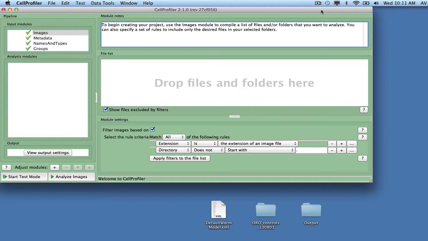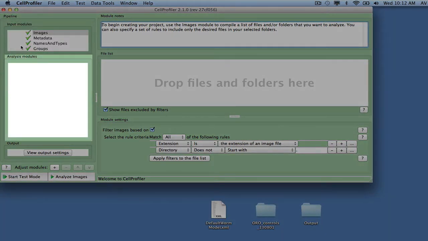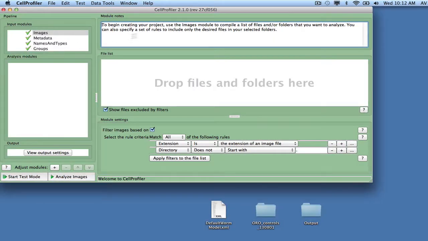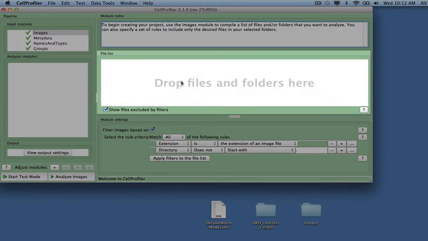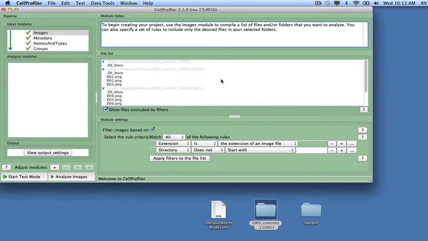To begin, start CellProfiler 2.1, or alternately save any previously created projects and then clear the pipeline. The CellProfiler interface consists of the pipeline panel to the left, which is divided into input modules and analysis modules. A space for module notes for annotations, and a file list will appear to the right. To provide CellProfiler with image files to be analyzed, drag and drop the input image files into the file list